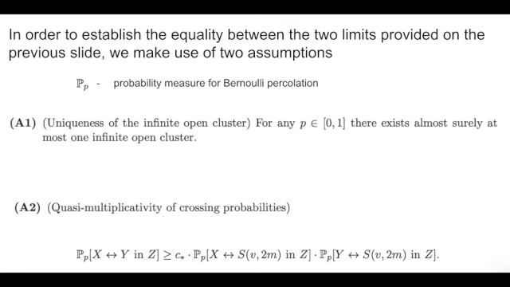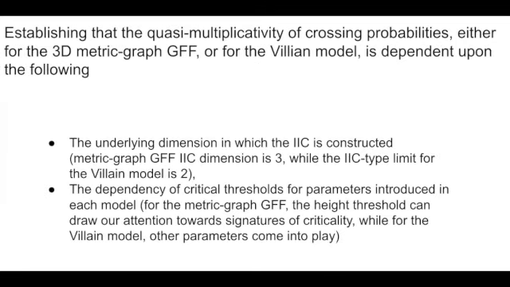In establishing that the quasi-multiplicativity of the crossing probabilities, either for the three-dimensional metric graph GFF or for the Villain model, is dependent upon the following. First of all, whenever we're looking to construct the IIC or an IIC type limit, we have to look at the underlying dimension in which the IIC is constructed,